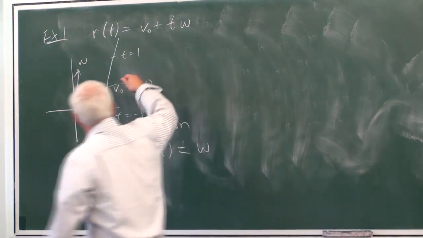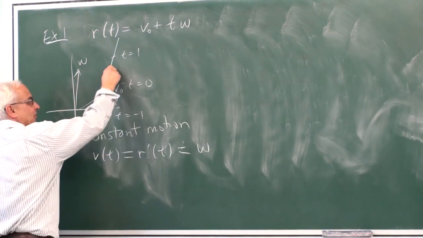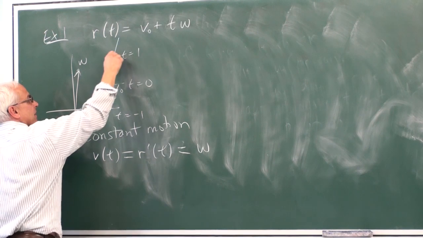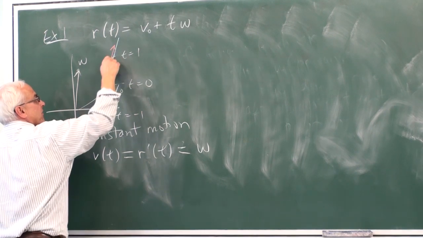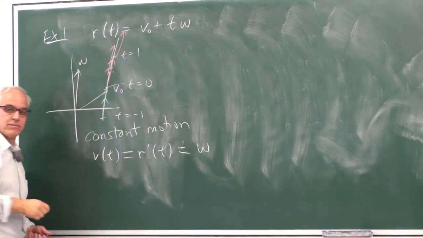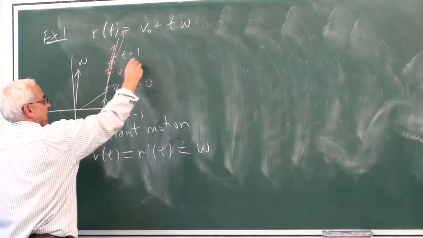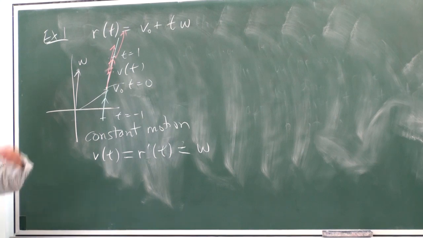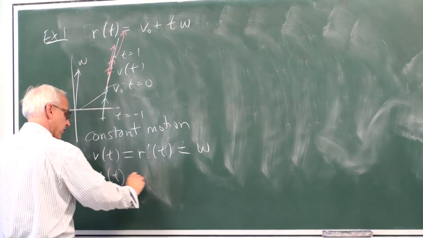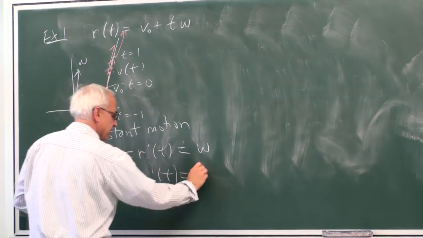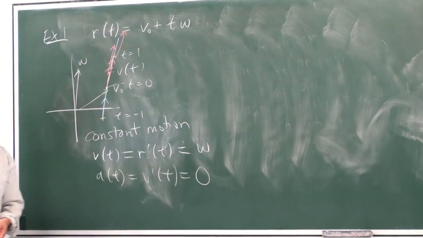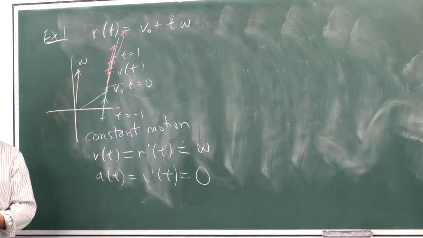So if we wanted to draw the velocity vectors, well, I guess they'd be w at any point, the velocity is w. That's a picture of the velocity vector at a time t on the curve. And then, of course, the acceleration is the derivative of the velocity, which in this case is 0. And so this corresponds to Newton's law of motion. This is what happens to a particle that has no force on it.